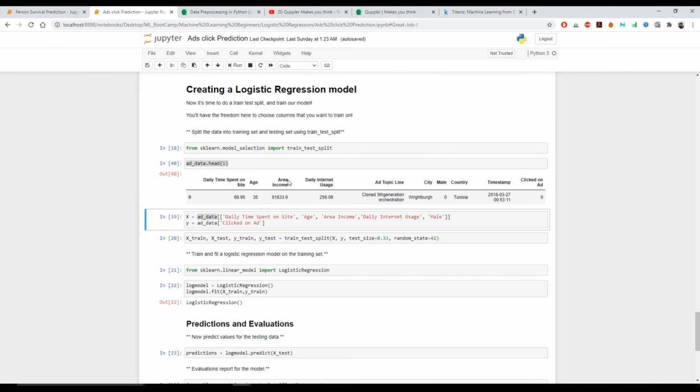So in my X variable, I'm going to store daily time spent on site, age, area income, daily internet usage, and male. I am excluding ad topic line, city, country, and timestamp, just because these columns are irrelevant for feeding to the model. And this last column, clicked on ad, is my dependent variable, so I would be storing it in y.